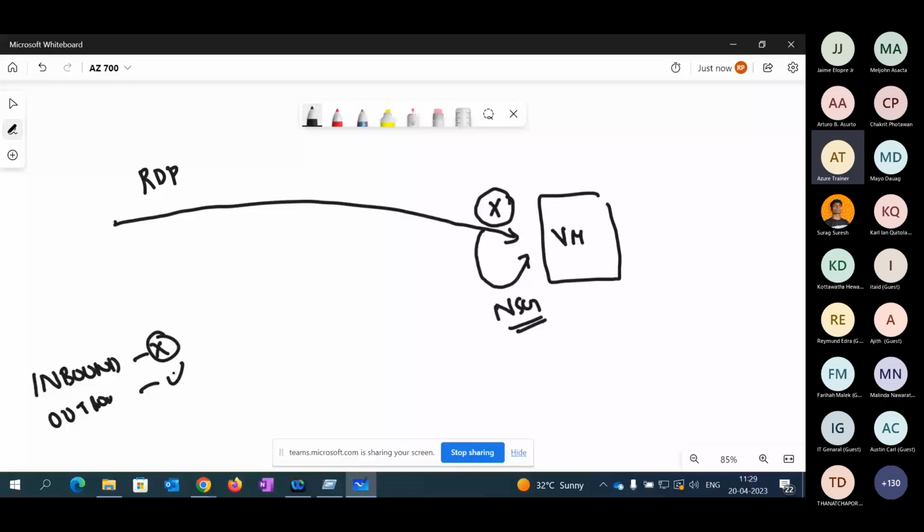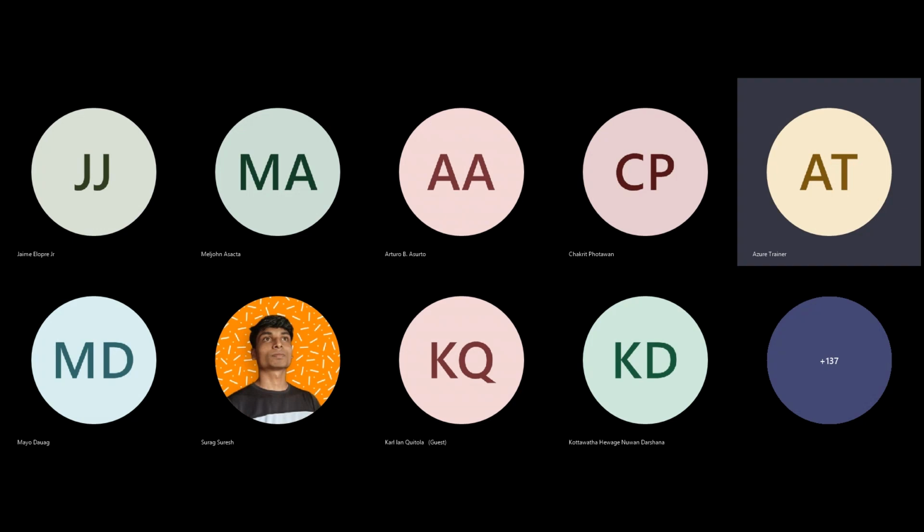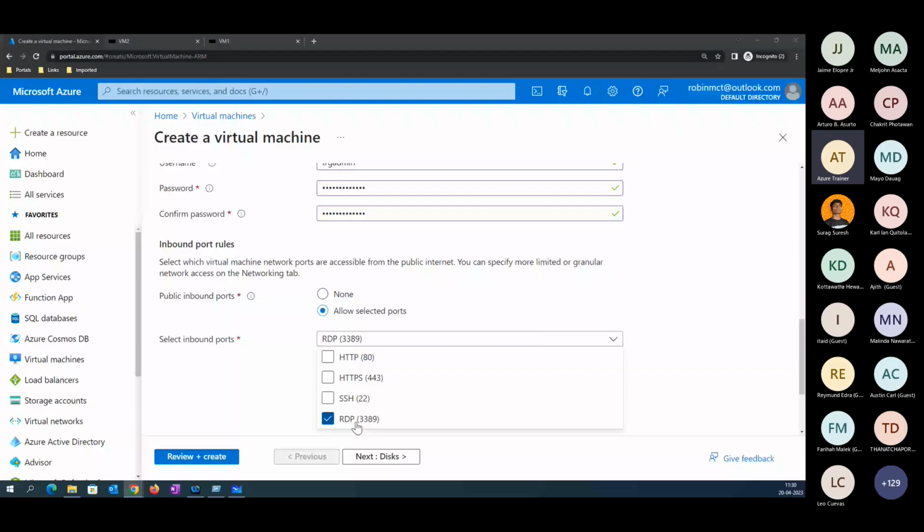Now, what I'm trying to say here is, whenever someone is taking RDP, if the default rule is to block all inbound rules, how will we take an RDP? Someone is connecting, so we need an exception here. How is the exception provided? The exception is provided inside an option. You can see there is an option here called RDP to be allowed.